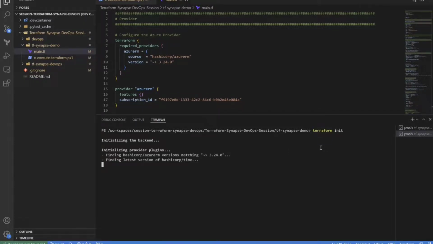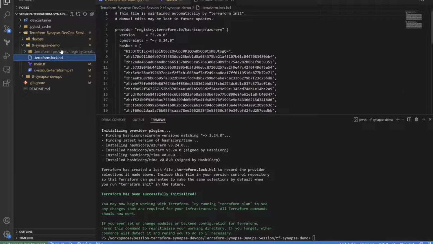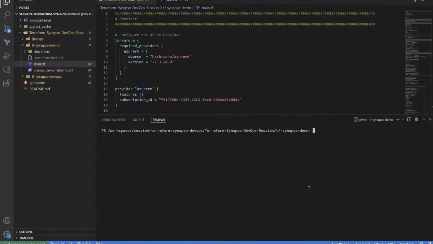The first thing Terraform init is going to do is pull down all of the providers, generate the connections, and store them here in a temp file. So now I've got the providers that I've asked for, and it's generated the connections for them. It's also generated a lock file. And then following this, we can now just do